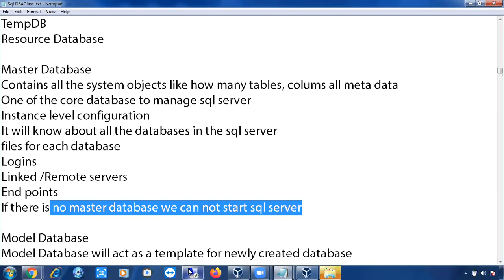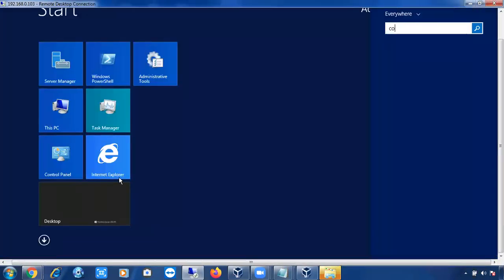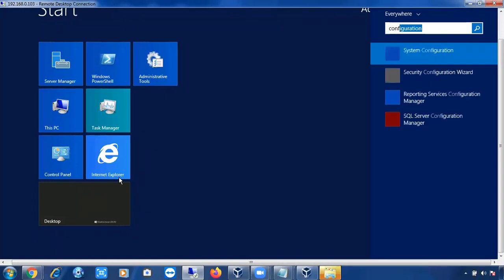So if anyone asks what happens once you start SQL Server, how SQL Server is going to start, and you want to check that, just go to your configuration manager. Configuration Manager is one more tool like Management Studio. You get it with the installation itself. While installing SQL Server, if you select management tools, you automatically get Management Studio and Configuration Manager for SQL Server versions less than 2016. For 2017, you have to install Management Studio explicitly, but Configuration Manager will come automatically. If you simply type configuration, you can see SQL Server Configuration Manager.